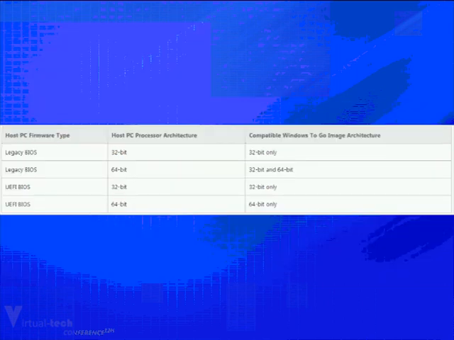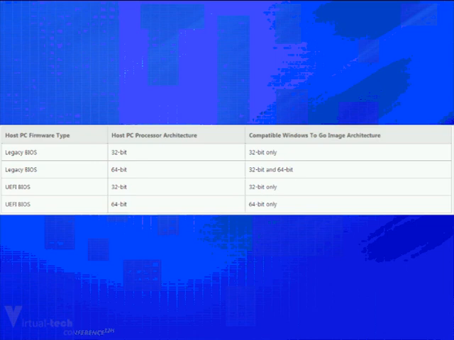For now, I'm going to change the slide and show you what exactly the compatible Windows To Go image architecture is. If your PC has a legacy BIOS and the architecture is 32-bit, you can only go with the 32-bit image. That means you have to use less memory, less than 4 GB of RAM. If you have a legacy BIOS and your PC architecture is 64-bit, then you can use both 32 and 64-bit.